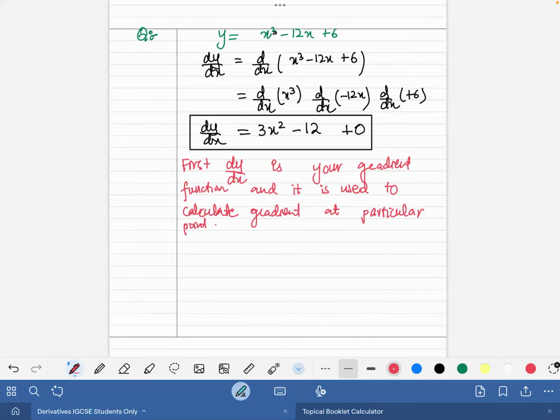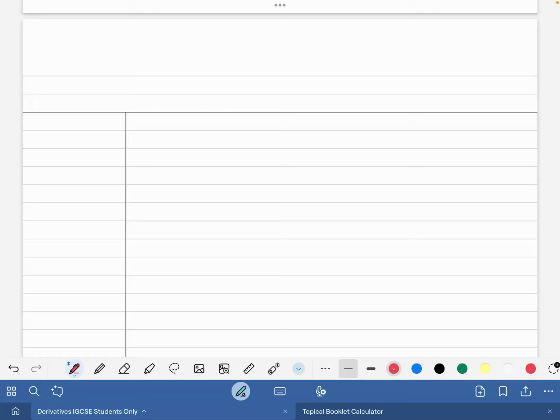Like for example, examiner will say you this is type 1 question in Cambridge exam, and you will see this question in non-calculator paper. नॉन कैलकुलेटर पेपर में you will see this question, type 1 in Cambridge exam. Type 1 question would be: find the